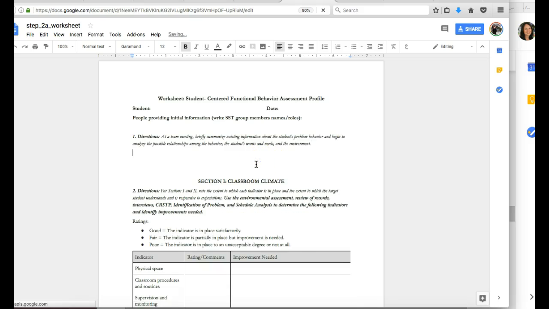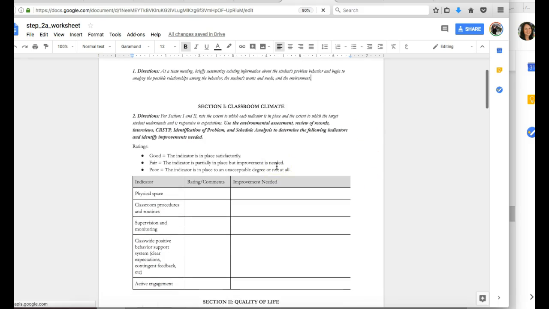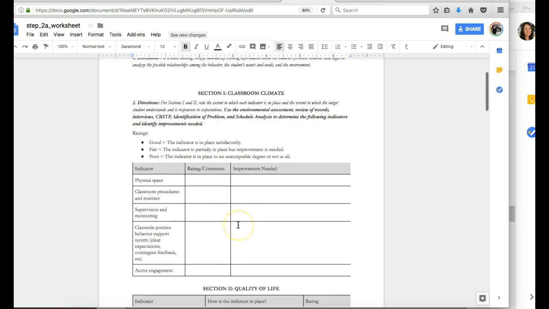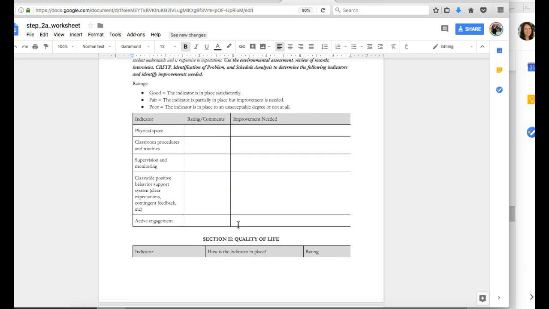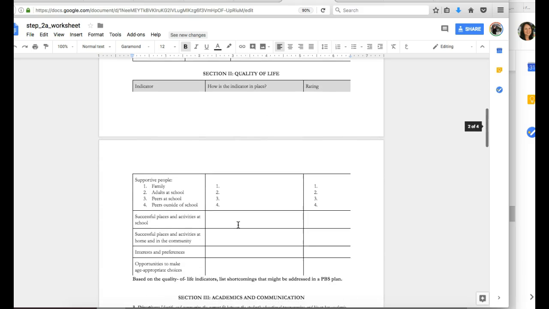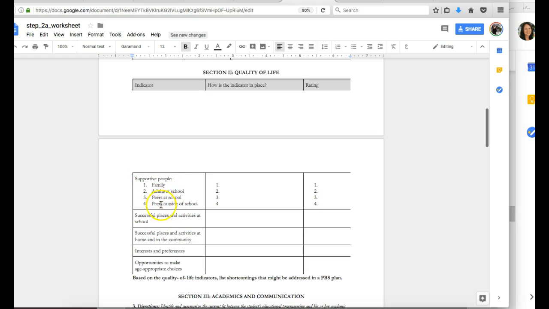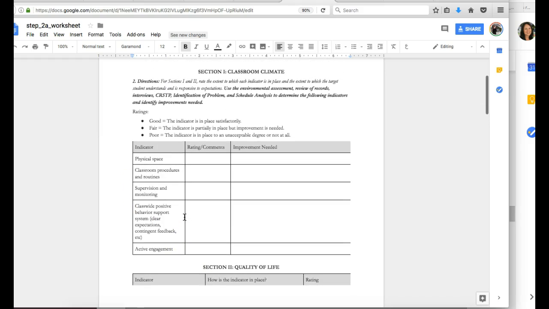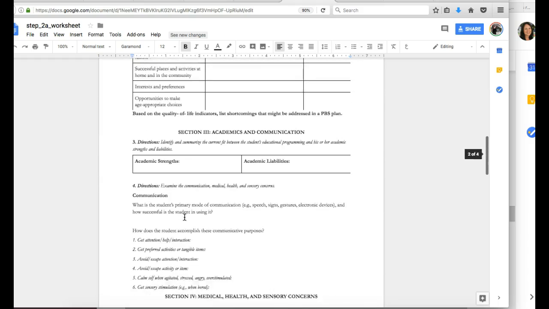Okay, so we went through and we talked about the student, and as one person was explaining their student using the different materials that we put together, like the environmental assessment, the review of records, the interviews, the CRSTP, the identification of problem, and the schedule analysis, then the others were continuing to ask questions and try to understand the student's experience a little bit more. We had the quality of life section, the classroom climate section,